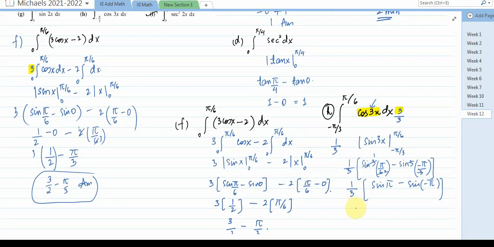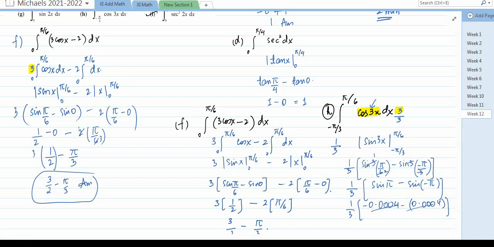So sine pi is negative 0.0004, minus sine of negative pi, it's 0.0004. So these two values cancel. Alright,